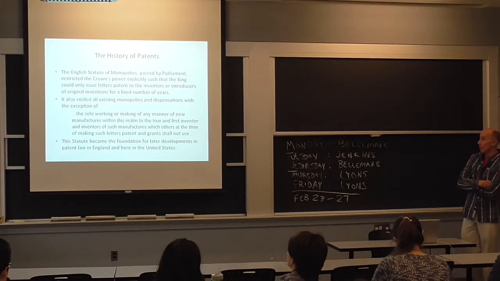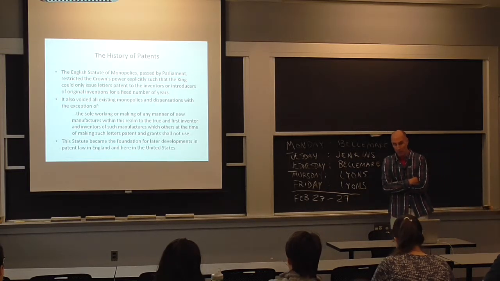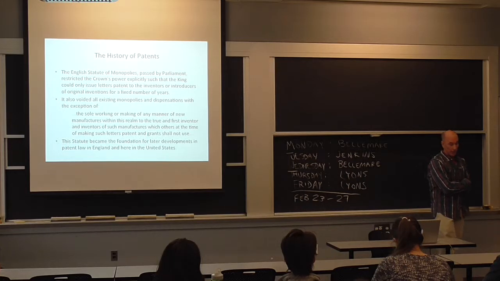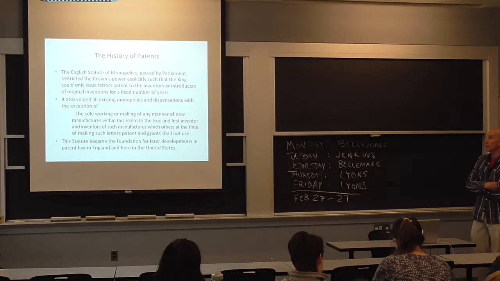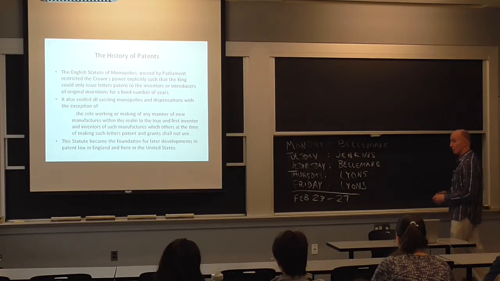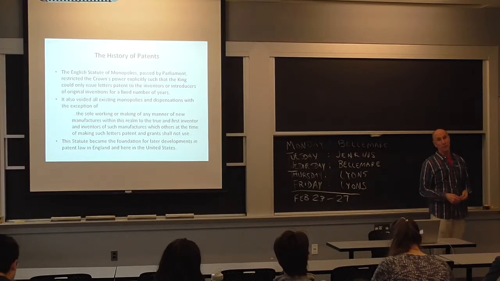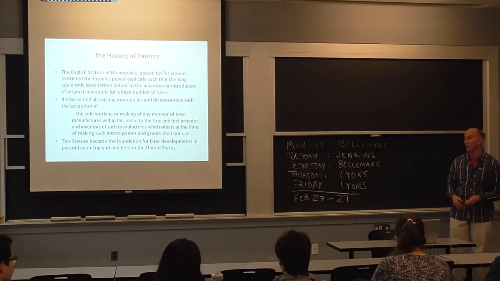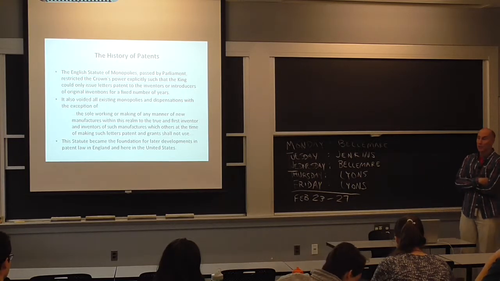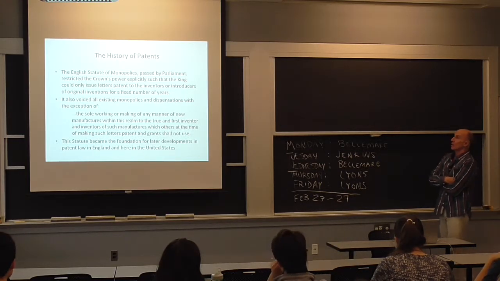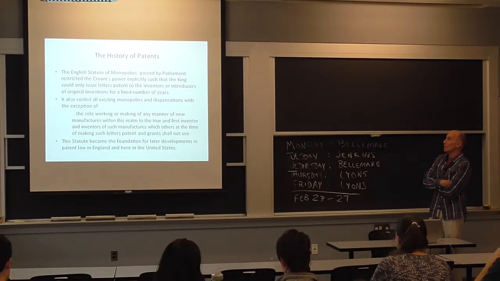And once Parliament began to wrest power from the monarchy, one of the first things that it did was pass this law that restricted the king's right to issue patents. Parliament, as the representative of the people, was concerned with commerce much more than the king was. The king was kind of interested in building palaces. So Parliament, in the same way that our Congress regulates commerce, began to seize power with respect to